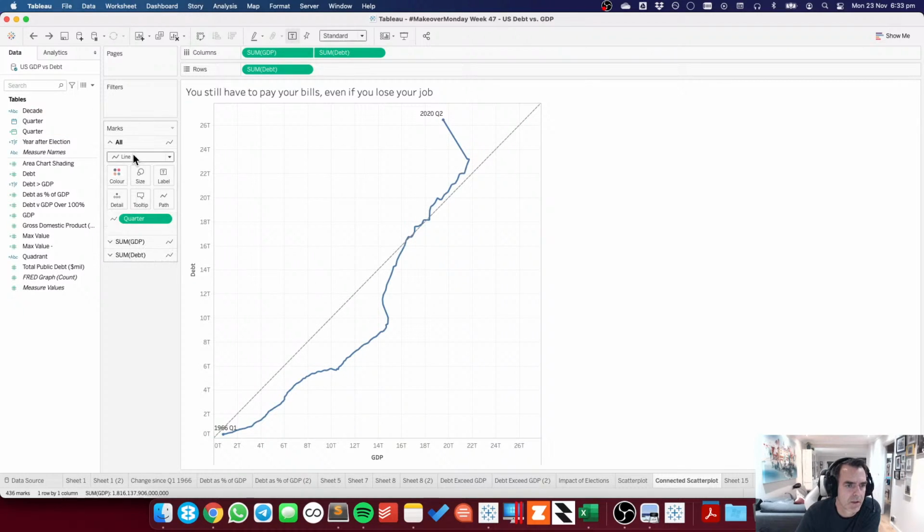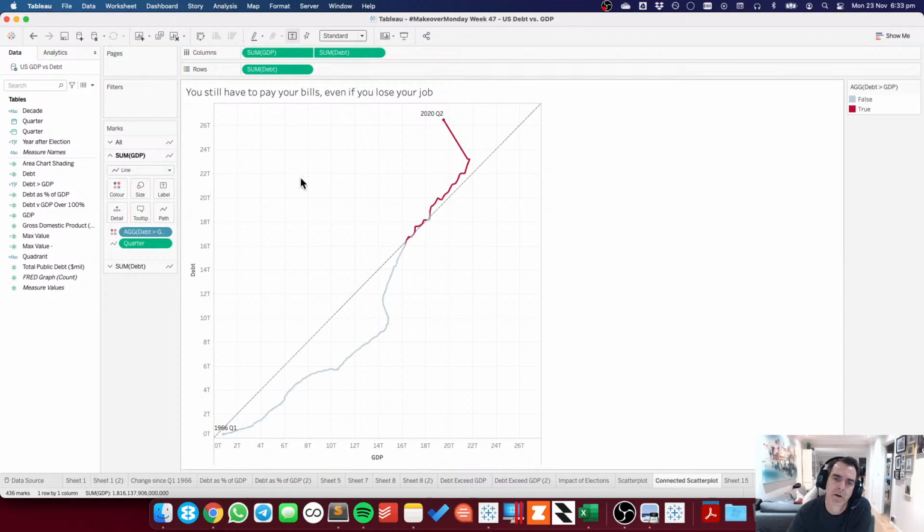Okay, so I need to go here. Put that all the way down. And then I need to put that on the line. Okay, so there we go. So now we can see where it crosses. So it's kind of a similar view to what Yanning did, except I'm doing it with a connected scatter plot. So I think I kind of like this one.